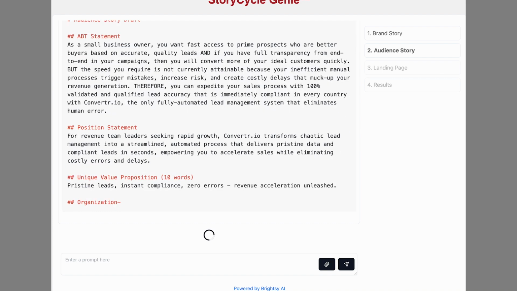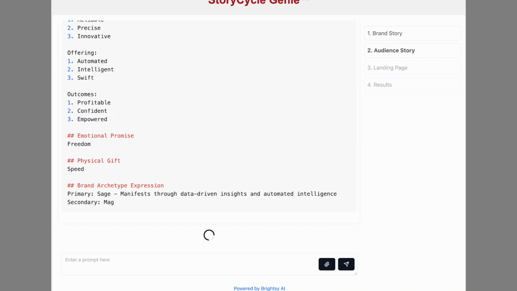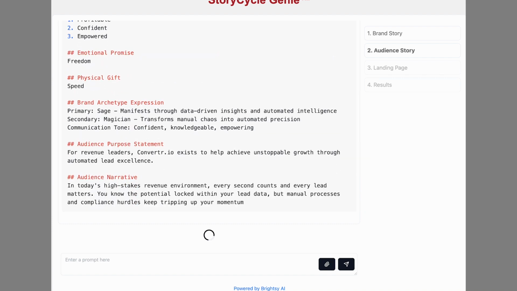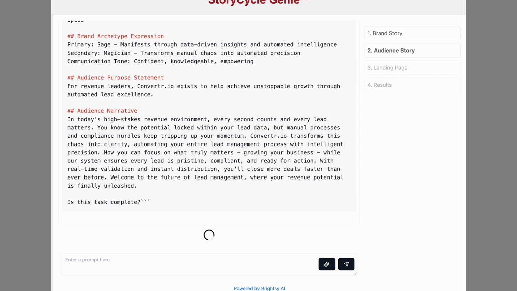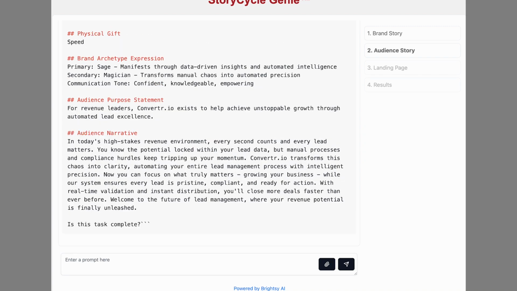If you want to do something with that ABT statement, say, revise the ABT statement, take out this and add that. If you want to revise your archetypes, go in and say, in this case, the sage, I don't like the sage. I want to make the magician the number one archetype. So I just simply said, in the archetypes, make the magician my primary archetype,